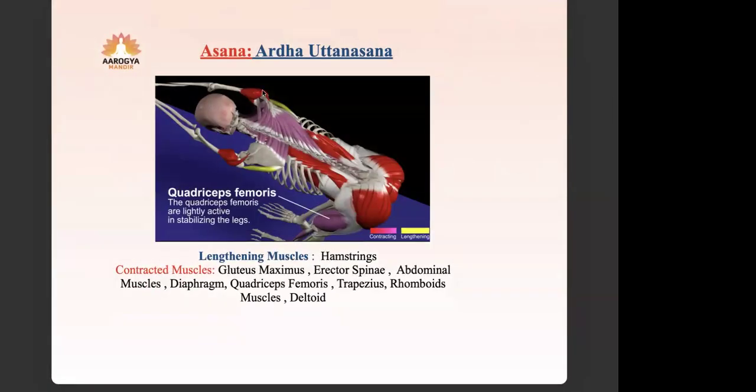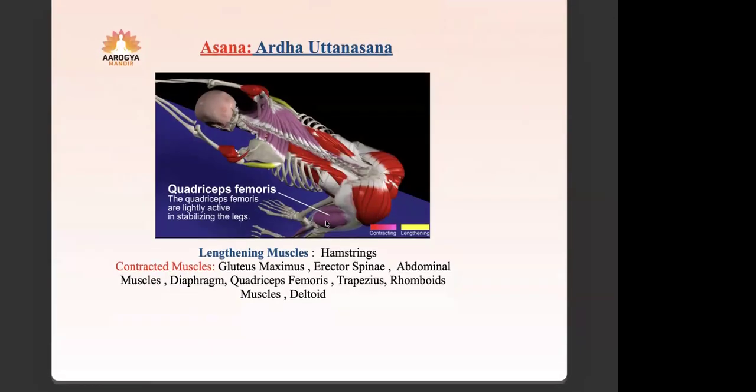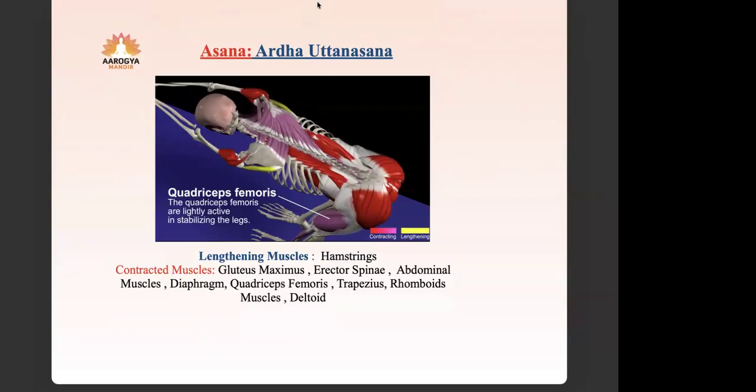So you can see these many muscles are getting contracted while doing this posture. The deltoid, the erector spinae, the gluteus maximus, quadriceps. So this is a strengthening posture. So if you make this posture